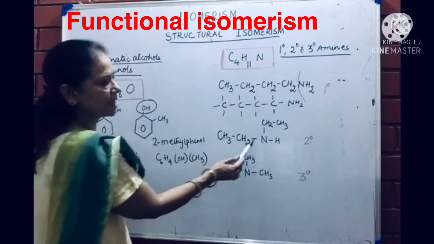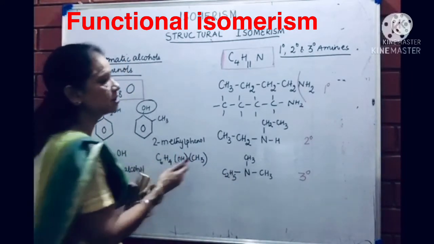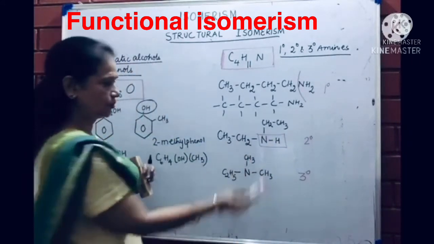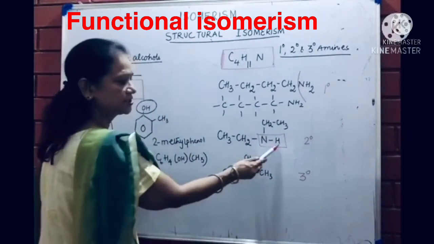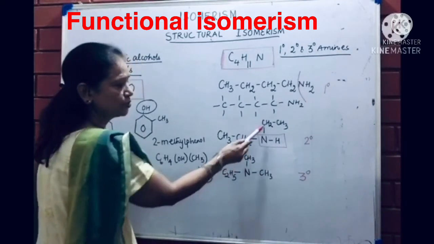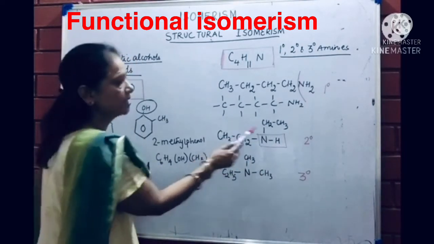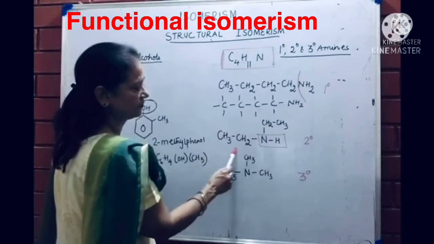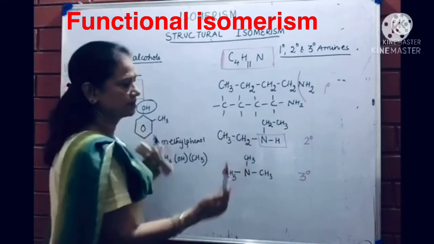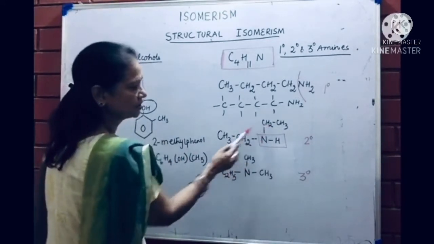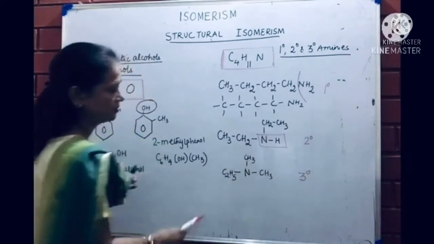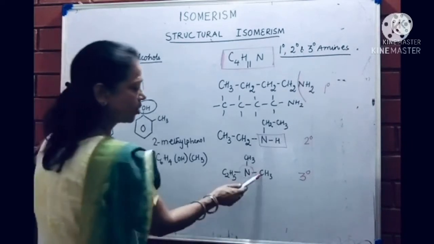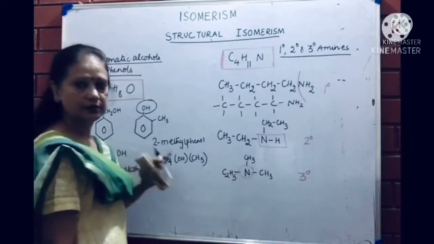The same can now be changed. I had mentioned that in a secondary amine there is always an NH group. So nitrogen's valency is 3. H is already here. I can attach 2 more alkyl groups at 2 different places. So at one place I have put C2H5, another place again C2H5. You can write C2H5 or you can write in a chain like this. So now this compound becomes a secondary amine. If I have only N, it becomes a tertiary amine. On all 3 sides we will have alkyl groups.